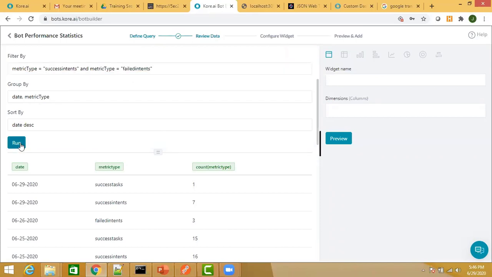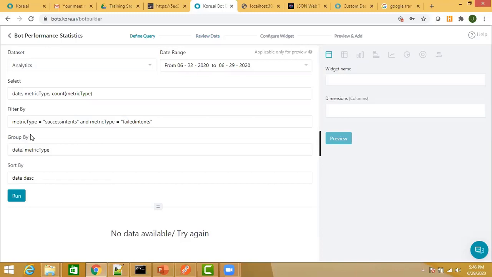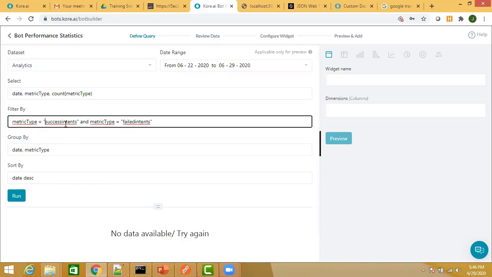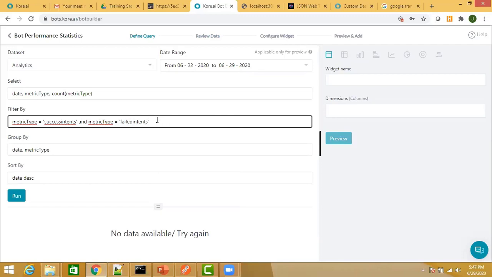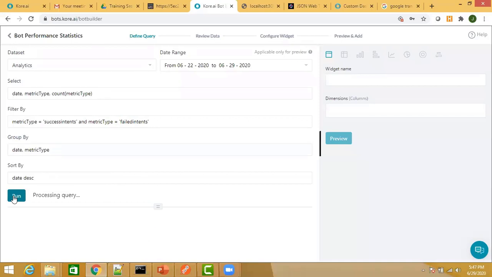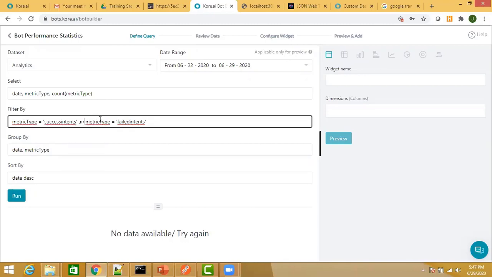let's run this and see whether it is displaying the data properly or not. Oh, sorry, my operator is wrong.